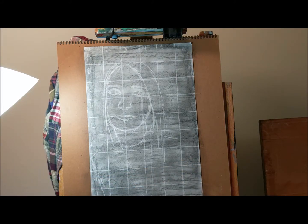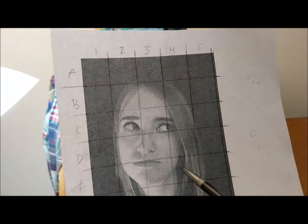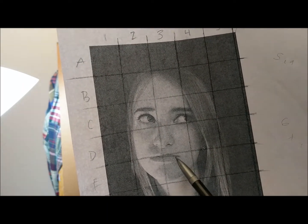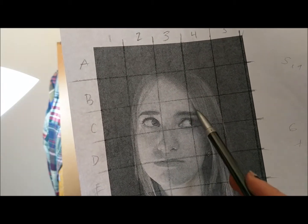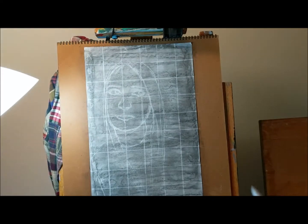Now I'm going to go ahead and start my shading. I like to start with shadows. So that means I'm finding all of my darkest spots. So like obviously under the hair, here's really dark. In between the lips is usually pretty dark. You know, nose hole, around the eyes. My eyebrows are darker. Wherever you see it very, very dark, I'm just going to go in and do those